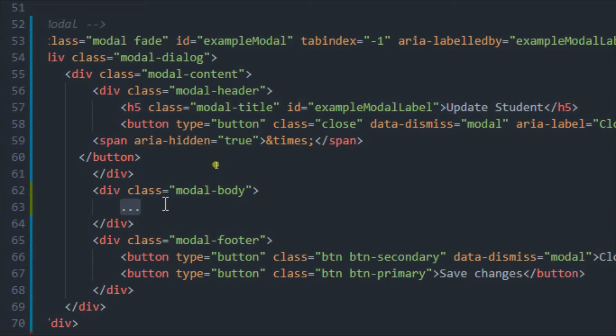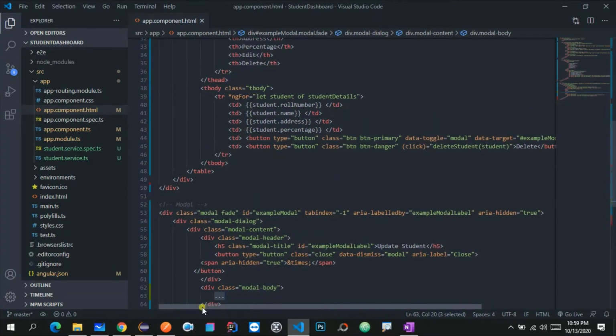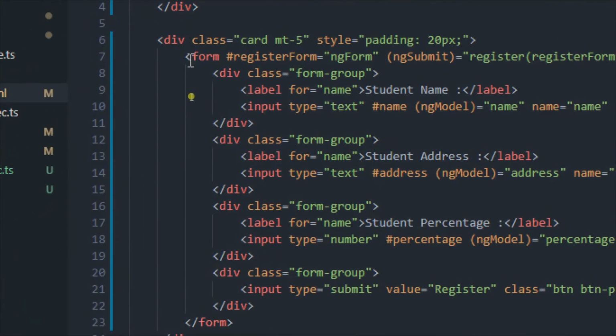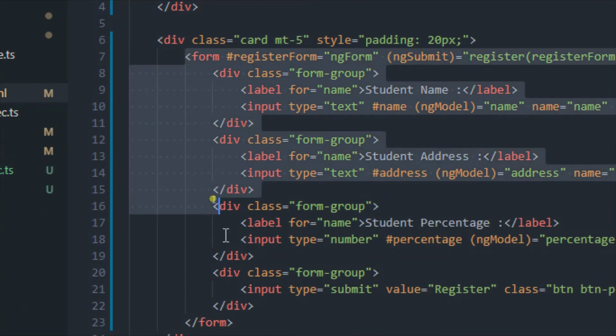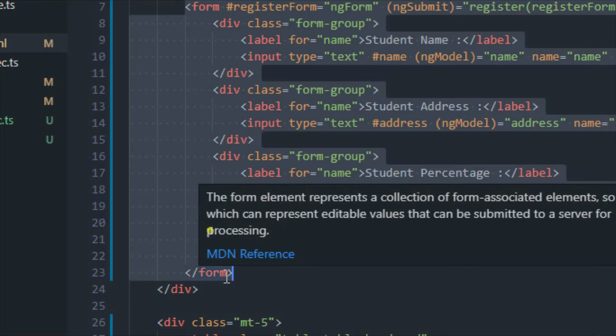We just need to add one form over here. So let me go to the above code that we already wrote. Over here, we already added one form. Let me copy that whole form because I do not want to repeat all that code. So let me copy this code, and if you have your own form, that will be fine. Otherwise you can copy the above code and paste it over here.